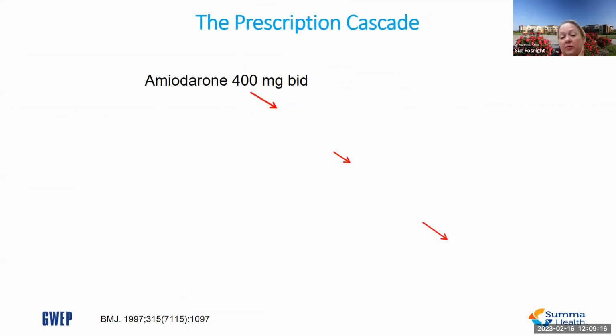So I wanted to just go through a sample, and I can't remember if this was in your introduction materials or not. But this was a patient that I came across a few years ago. They were on amiodarone 400 twice a day. Now, I don't know if anybody on the call might know what you think about that dose of amiodarone. I heard there were going to be a couple of nurse practitioners. Anybody have any idea about the amiodarone dose?